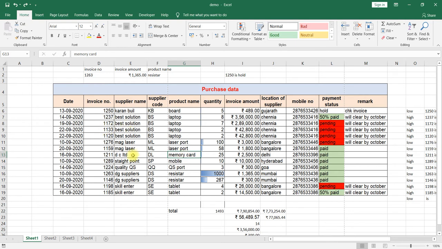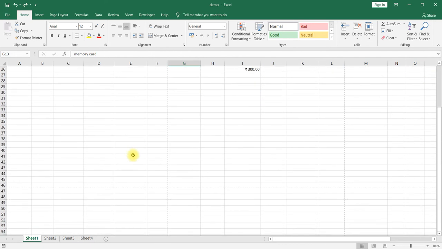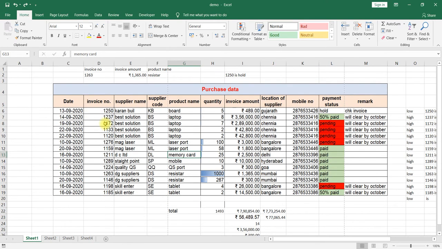But when you have larger data, when you have a greater amount of data, say 100 or 200 clients, at that particular time you would like to analyze the data in such a way that you can see which location we are buying more from, which location has more invoice amount, which type of product we are buying more, or which supplier supplied more products in this particular month. If you would like to analyze the data like this, then we use a pivot table.